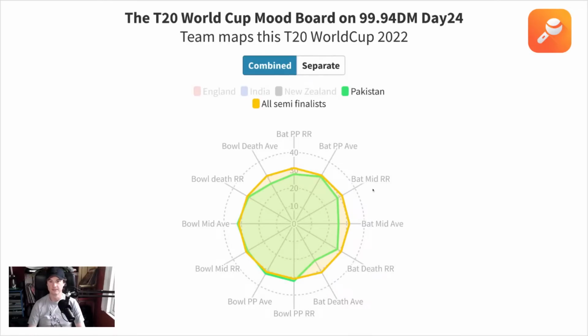You go to the middle, and if you look at the batting middle, whether it's average or run rate, they're actually losing a lot of wickets, and they're also not scoring a lot of runs. Again, this is not massively surprising because we know that their middle order hasn't been that good, and they haven't been keeping their top order players all the way through, and that's going all the way through the death. So far this year, Pakistan has been a disappointing batting team. However, they are a bowling team, so I wouldn't have expected their graph to be massively spiked towards batting anyway. But because that top order hasn't worked for them, you can see there's been a follow-on all the way around that side of their game.